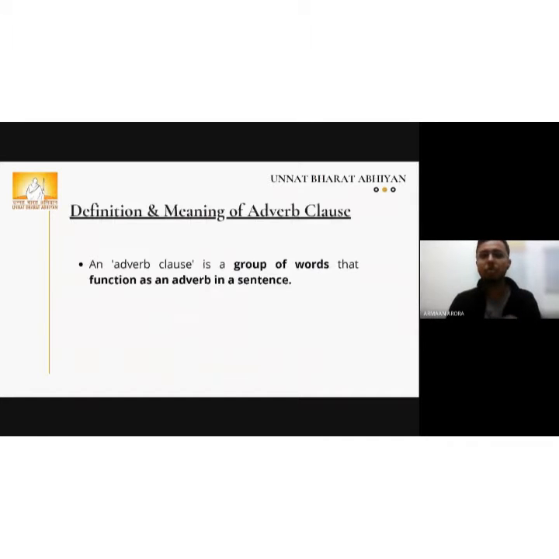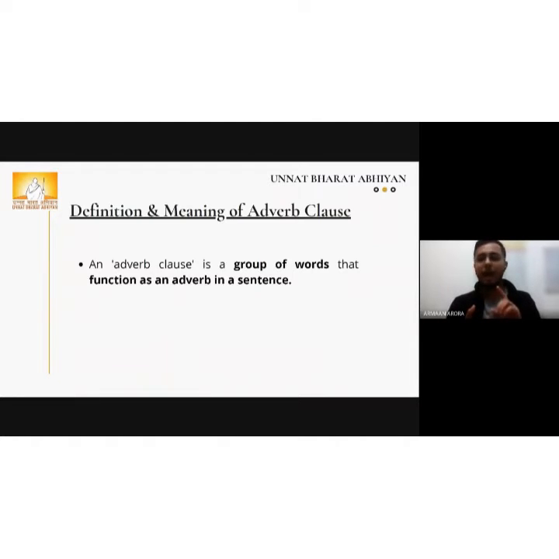Now, we will move to the definition and meaning of adverb clause. An adverb clause is a group of words that function as an adverb in a sentence. Now, what is a clause? A clause is simply a group of words. Okay. Now, before moving forward, we have to understand that there are two types of clauses, an independent clause and